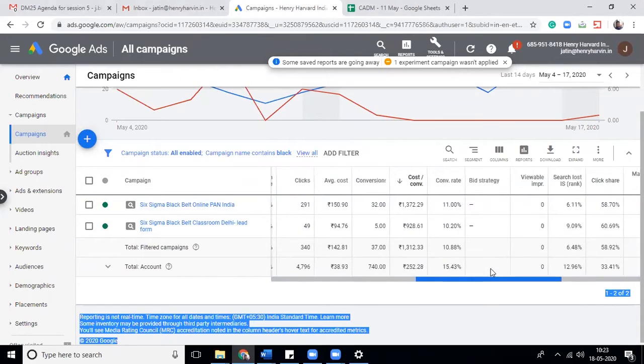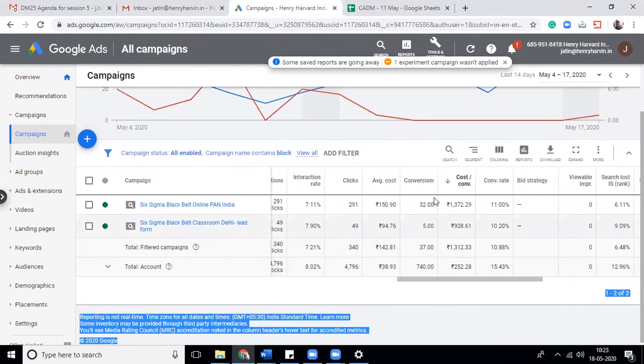So this is the cost of the lead which you are getting on an average in last 14 days. So this is what's happening with you right now.